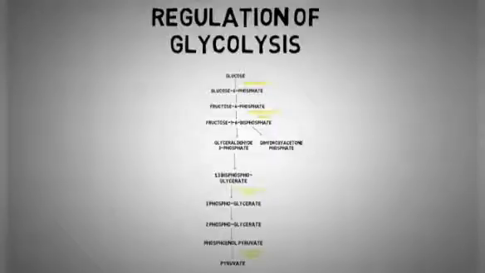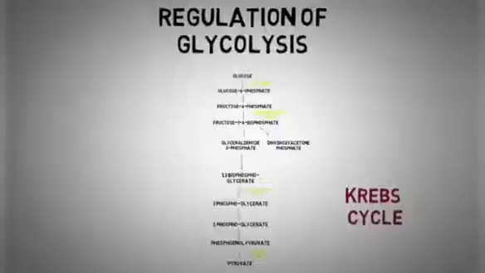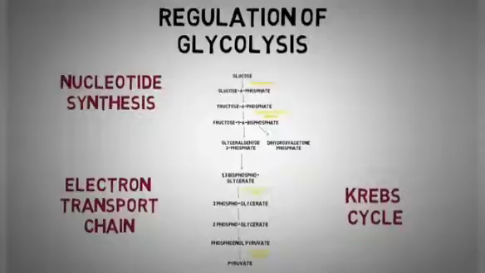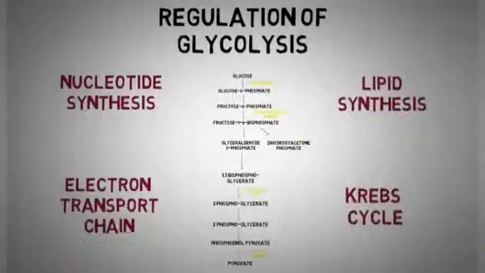Glycolysis is basically a type of pathway that lies in the center of many metabolic pathways like the Krebs cycle, electron transport chain, nucleotide synthesis, lipid synthesis, etc. And it is also very important for the generation of energy. So as you can see, it is not a pathway that starts with glucose and we get a final product in the end which has no further use. Rather, it is a pathway in which different products are produced that are used elsewhere in the body.